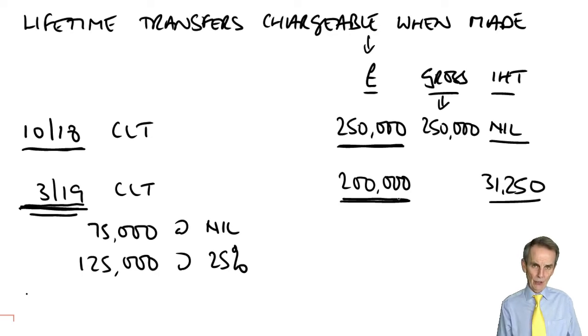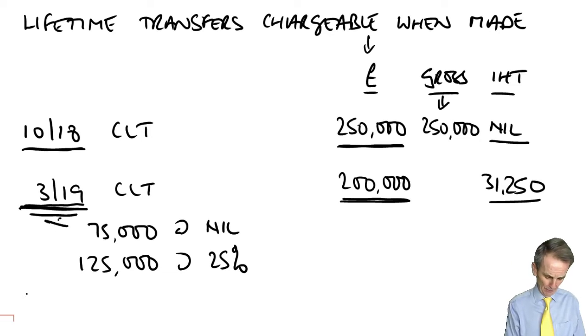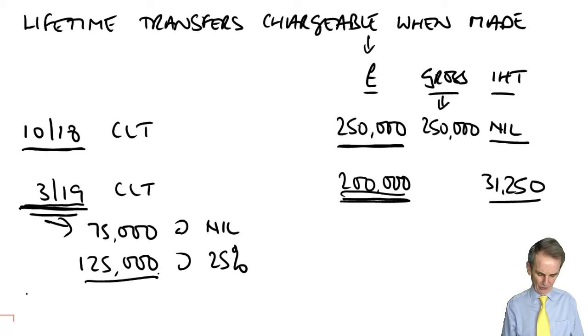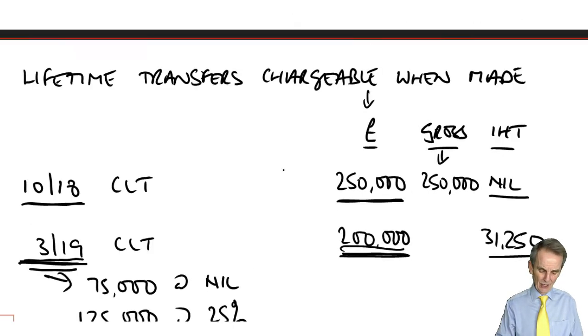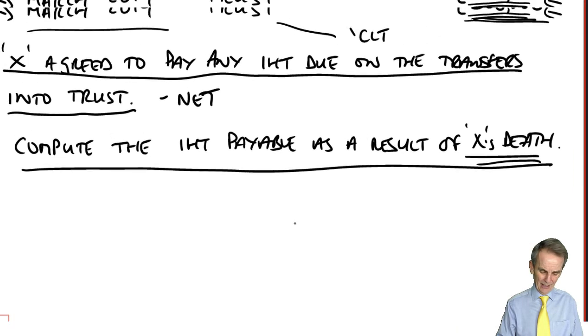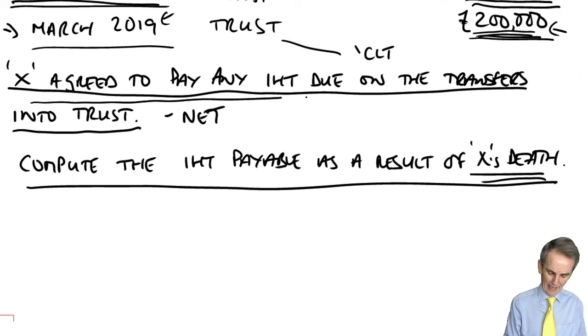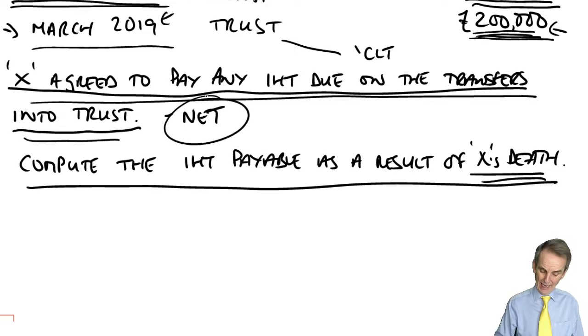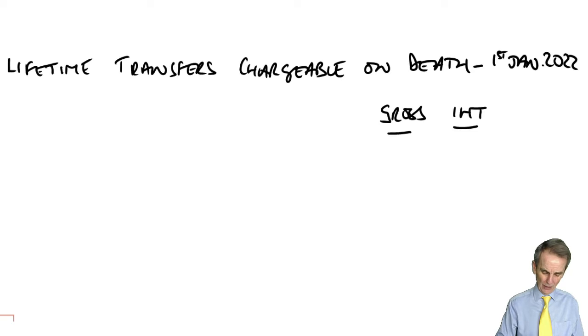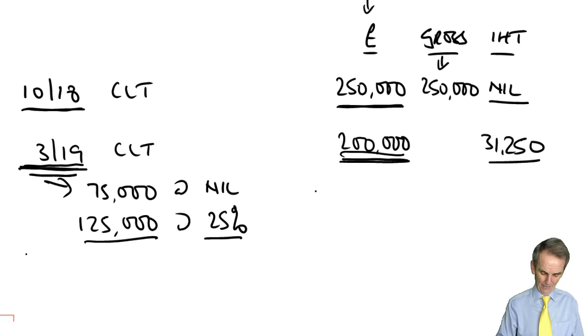we've used 250 of the nil rate band of 325. So the available nil rate band is 75,000, and that will be at nil. That means out of that 200, 125,000 remains to be taxed at 25%. Why 25%? Because we are told that X agreed to pay any IHT due on the transfers into trust. Therefore, they were net transfers, so we use the 25% rate here. That, do check it for me, but I think is